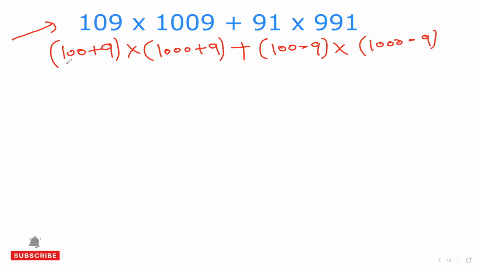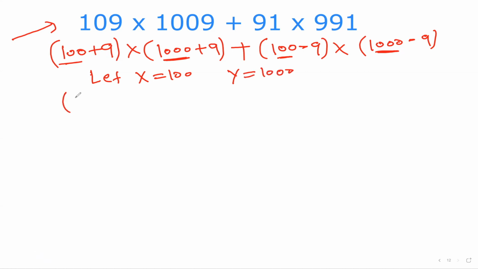Now, we can see I do have 100 and 100 here. So let x equal to 100. That means I'm going to replace my 100 with x. And I can see my 1000 and 1000 here. So let y equal to 1000. So my equation will turn out (x plus 9) times (y plus 9)